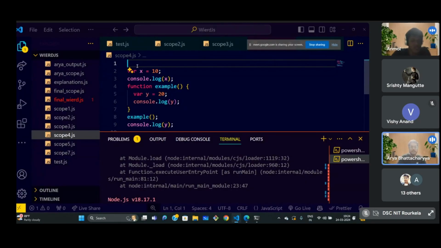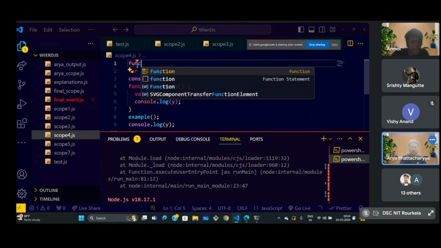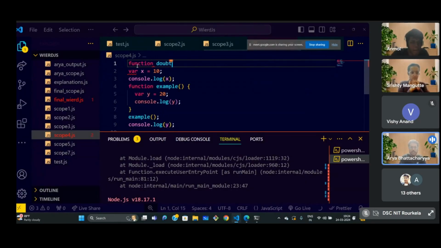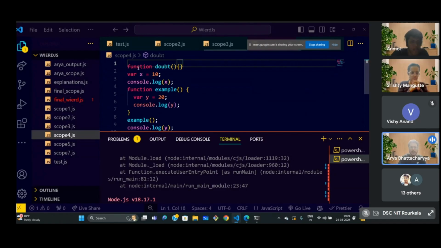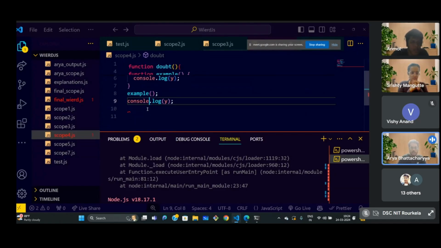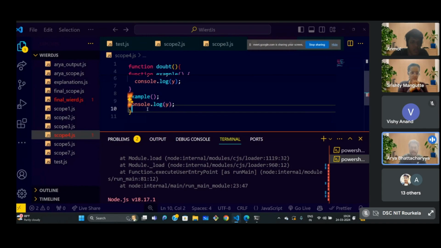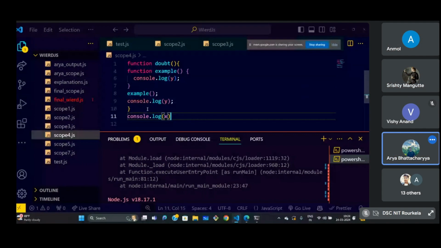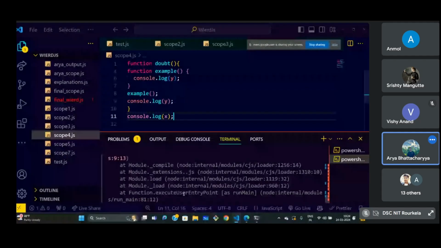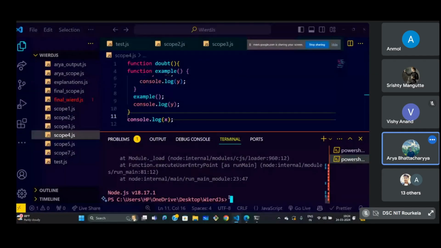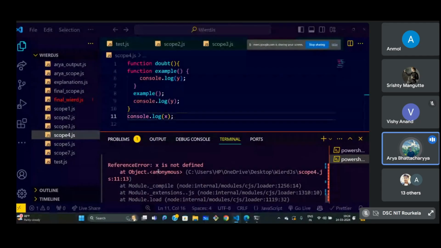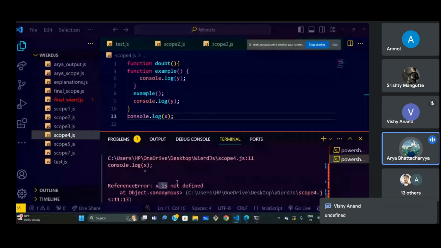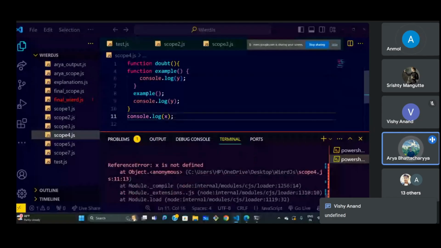तो मैं अगर सपोज इधर मैं एक फंक्शन डिफाइन कर दिया, और इसके बाहर अगर मैं x को कंसोल कर रहा हूँ, ये पूरा x के अंदर है, और इसके बाहर अगर मैं console.log x कर रहा हूँ, तो क्या रिटर्न होगा? ये देखो, लास्ट थिंग अगेन रिटर्न्स x is not defined, y is not defined, x is not defined. These are the two solutions. Y is not defined, तो आंसर कि y बाहर नहीं हो सकता है.